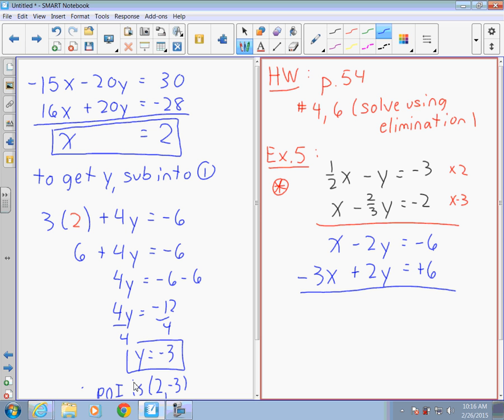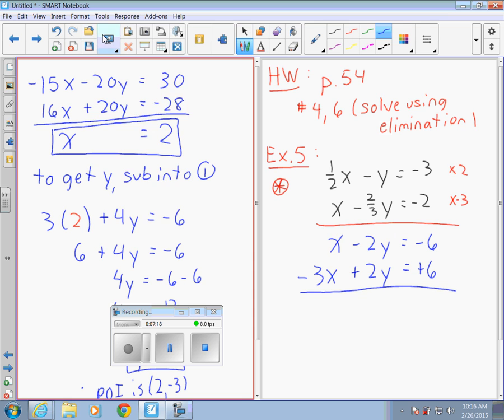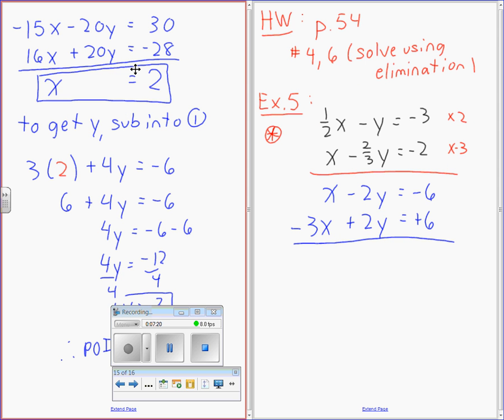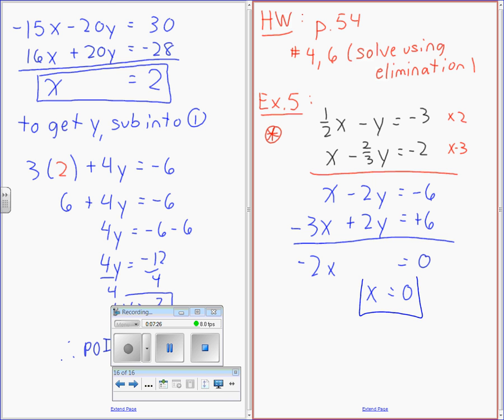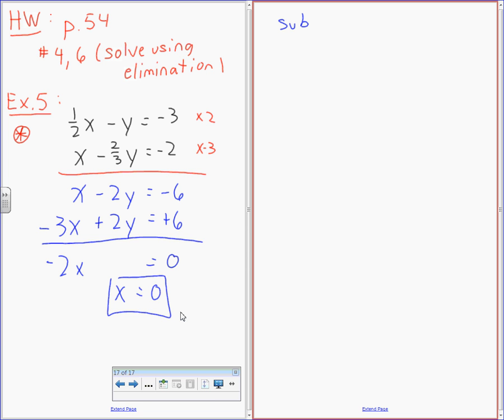Okay. Do you want me to finish this off on our mouth? I'm going to stop here and then we'll go. Want me to finish it off quickly? Yes? Okay, I'll finish this off fast for you guys if you need it. Okay, so it's changed into negative 2x equals 0. So x equals 0. We're going to sub x equals 0 into